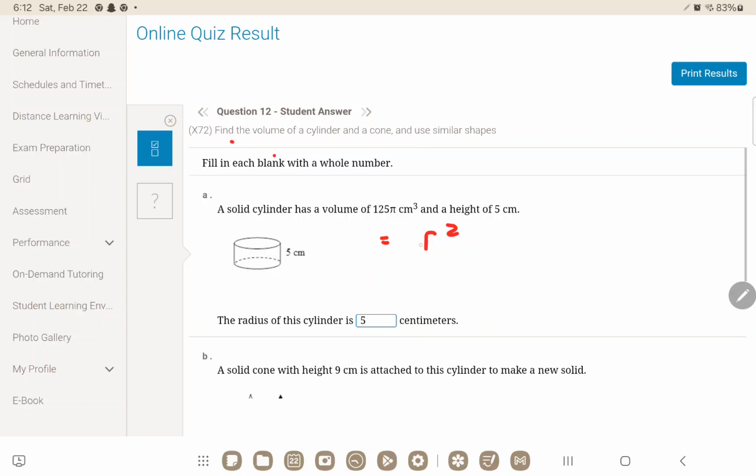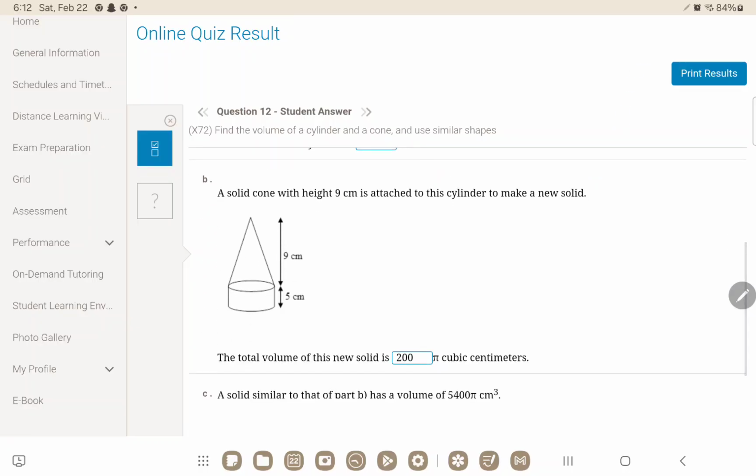Let me remove this. 125 divided by 5 is 25. And then we're left with r equals radical 25, which could be 5 or negative 5, but since we're talking about a distance, it has to be a positive value, so it's 5 centimeters. Now,